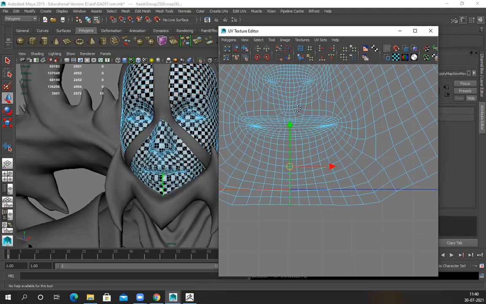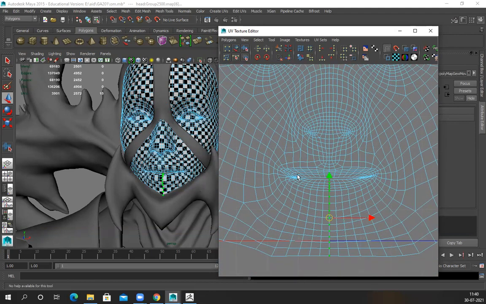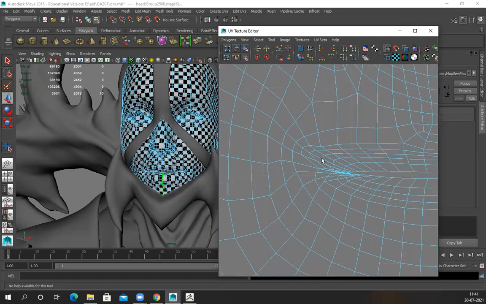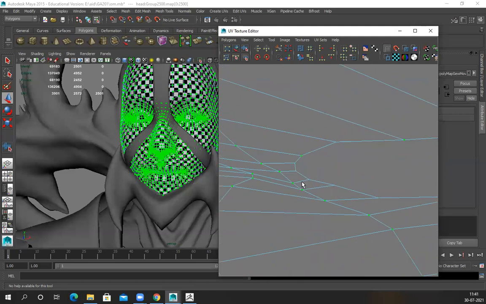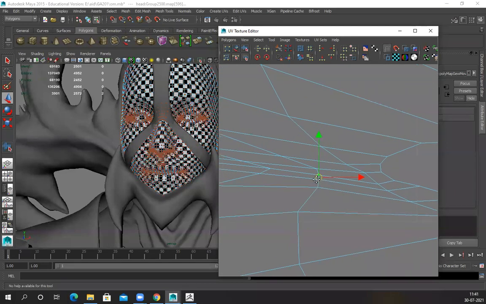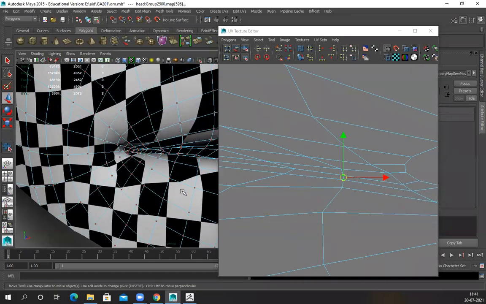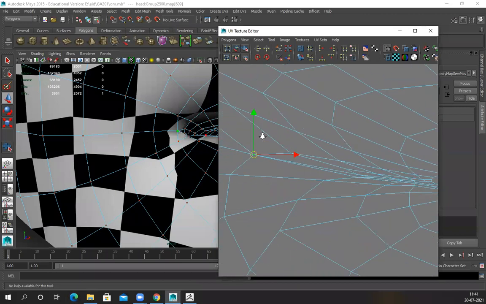UV straight, perfectly straight, and the rest everything can be different. So this part I can fix here. You can zoom in and check, as long as this stretch is not visible. Let's see where it is. Here.